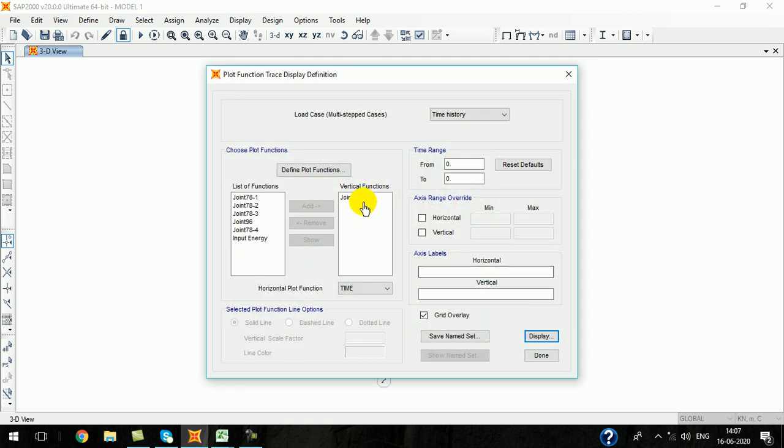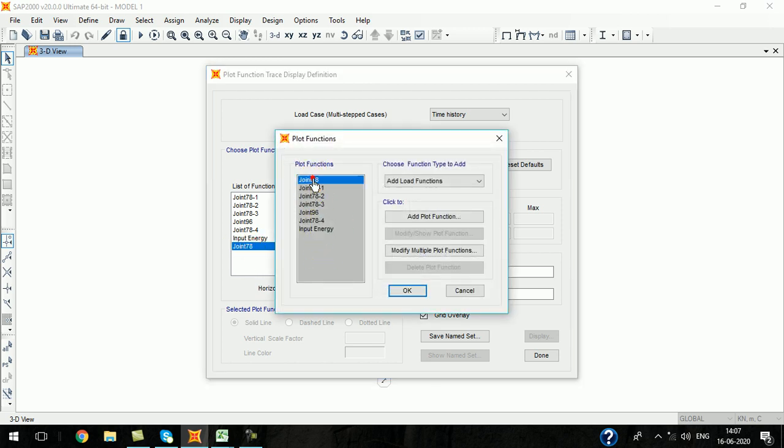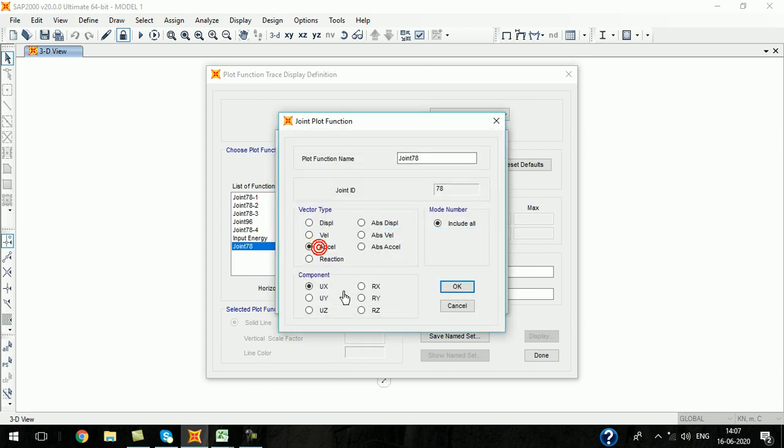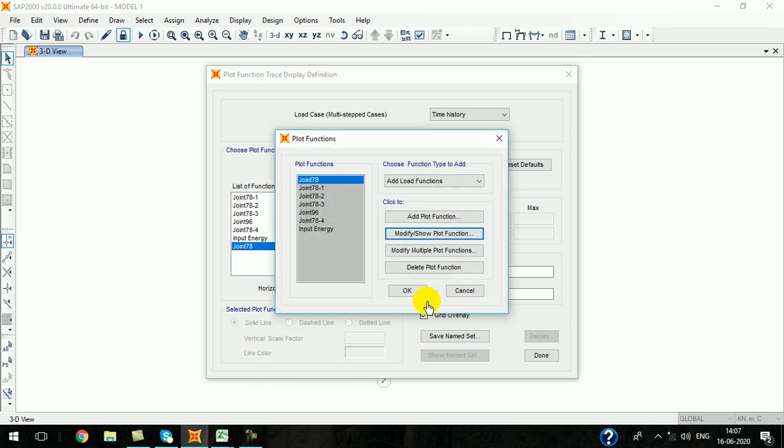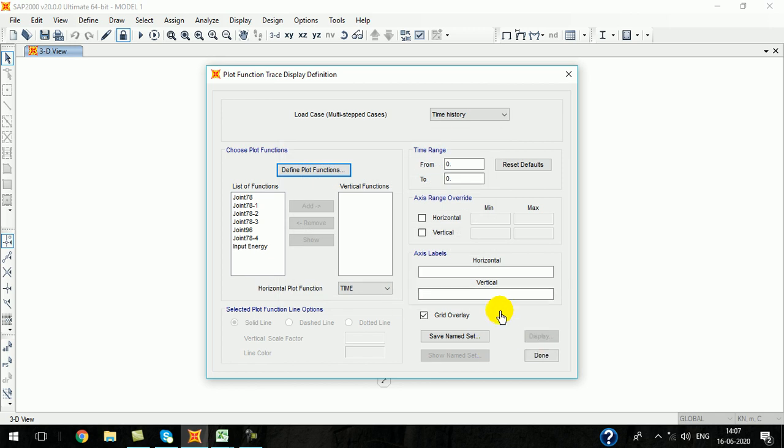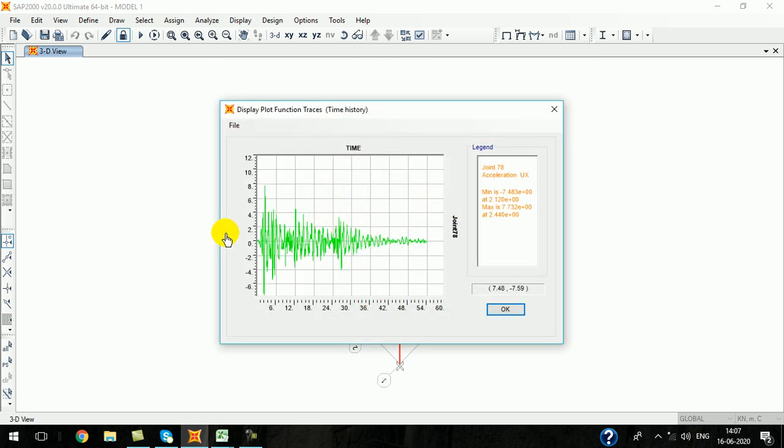The same way we can see acceleration also. Select here and go to modify plot function, change it to acceleration, click OK. Along x-axis is fine. Now bring this to right side, check its acceleration. The maximum is 7.732 meter per second square.